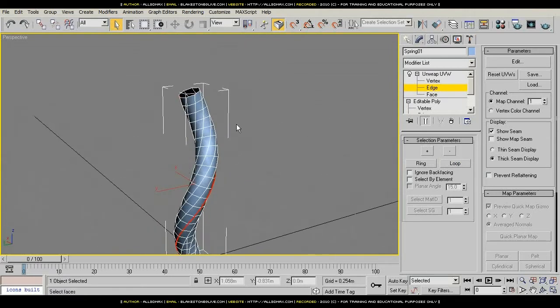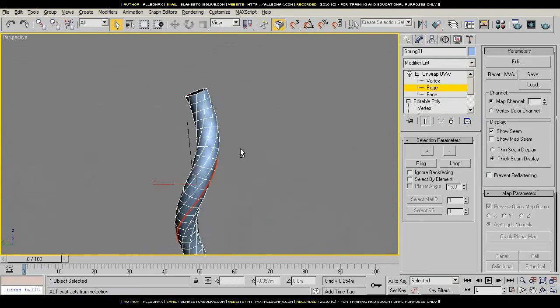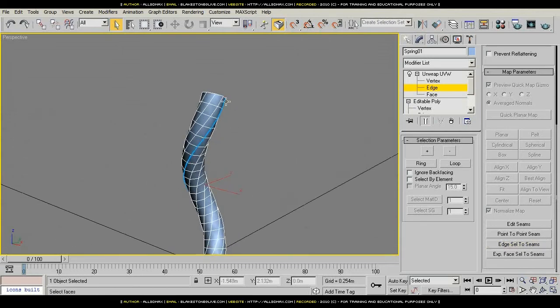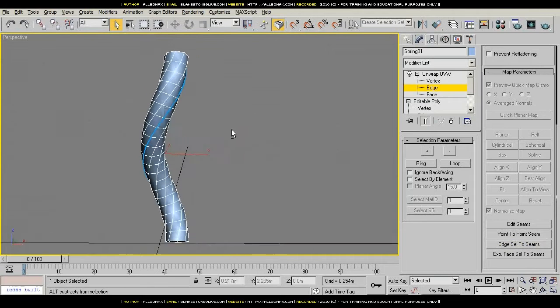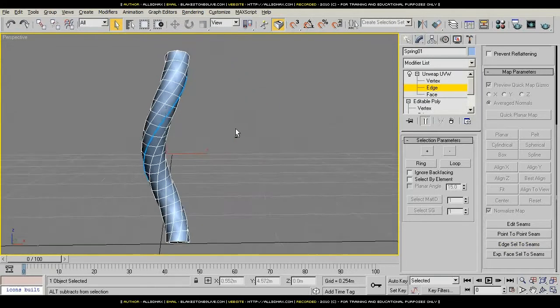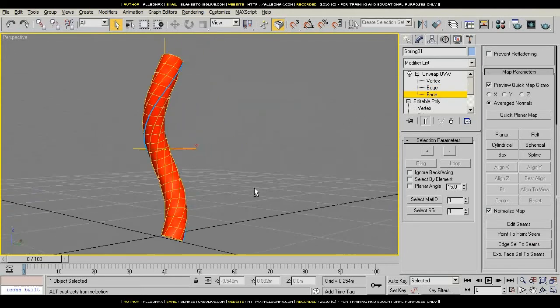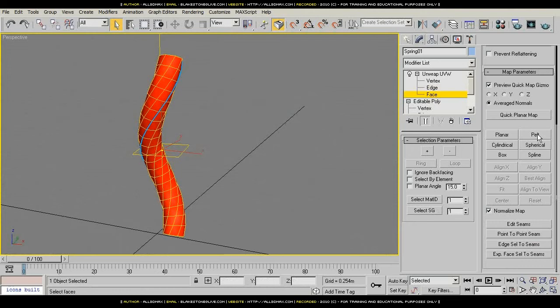I'm just going to press J to turn off this bounding box, and with this edge selected, if I scroll through my unwrap parameters, there's an option here, Edge Selection to Seams, and I'm going to click this, and it's now created a seam which we can identify by this blue line, and that's now replaced that red line, that edge selection. Now with this seam I can switch to a face mode, Control A to select all the faces, and I'll click on to Pelt,